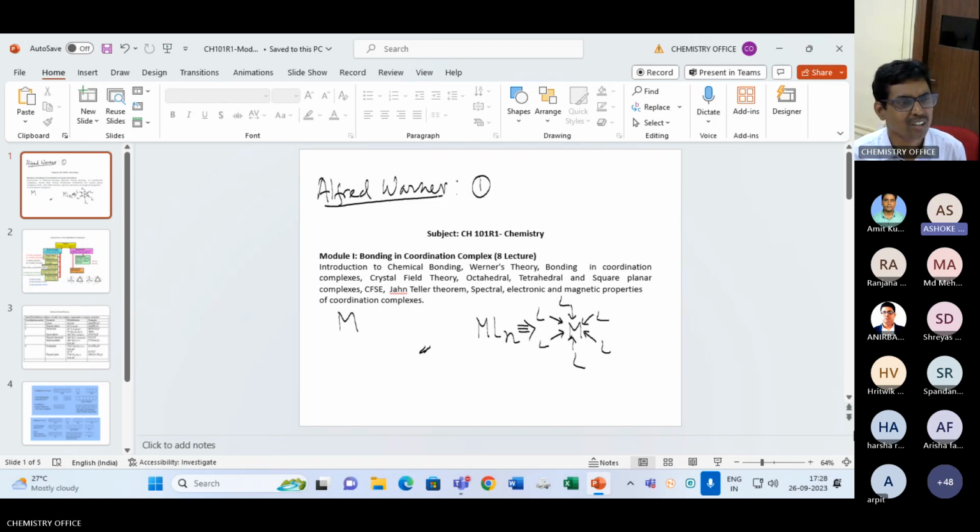Okay, so Alfred Werner proposed a few assumptions. His proposal was that the metal accepts lone pairs of electrons from the surrounded ligands. So he proposed the first proposal was that metal has